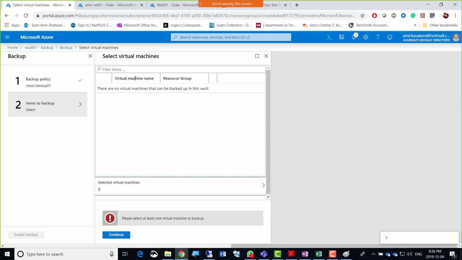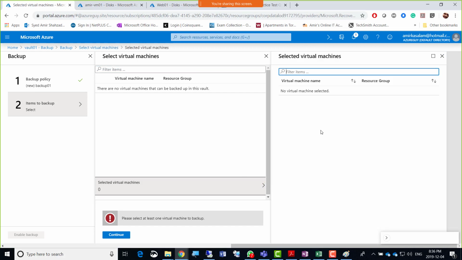Okay, virtual machine and resource group, filter items. Select virtual machine. This is the one. So select the virtual machine here, and my virtual machines are actually up, but they are not showing here. So when we go there, maybe you will be seeing their virtual machines. And right now, why are my machines not showing?